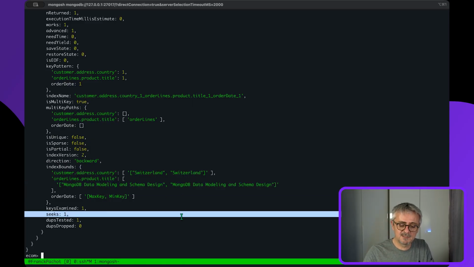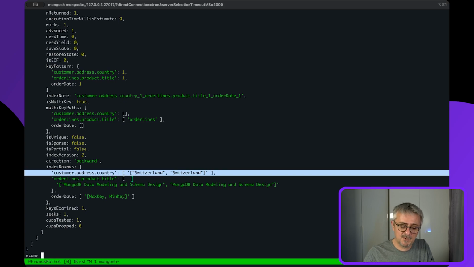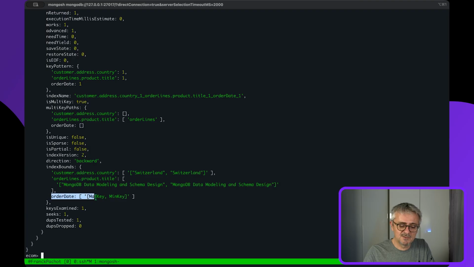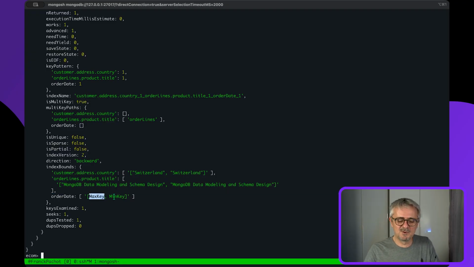So it has sought into the index directly to the beginning of a range on the country Switzerland, the one that we were querying, and within this range, a sub-range with the title. So it goes directly to what we wanted with equality filters. And there is an additional index bound here on the order date. This doesn't filter anything by itself because I'm looking from the minimum to the maximum value, but it means that